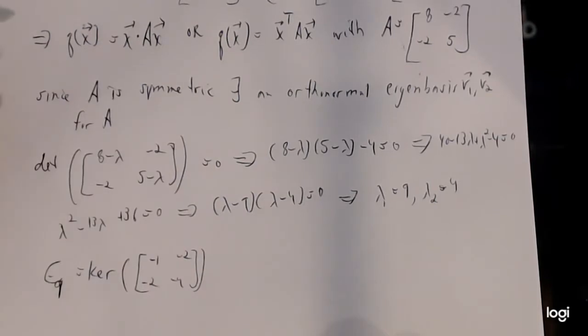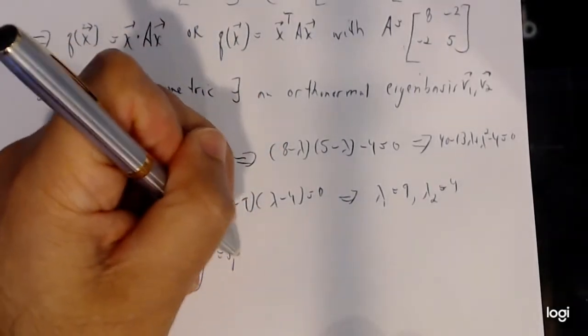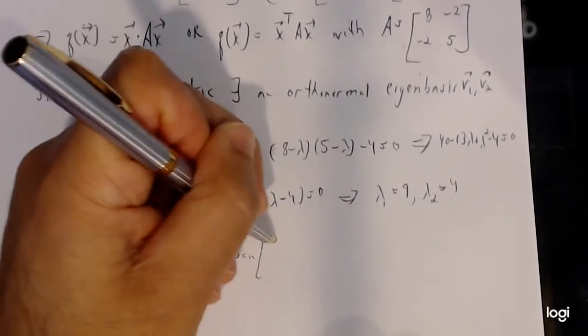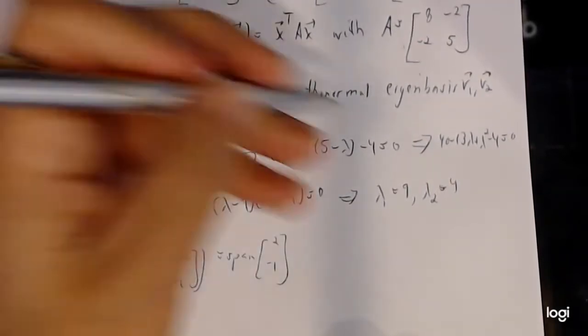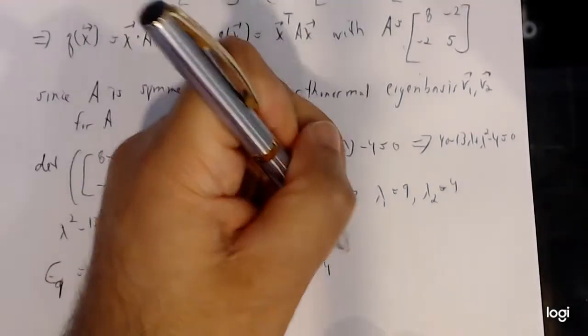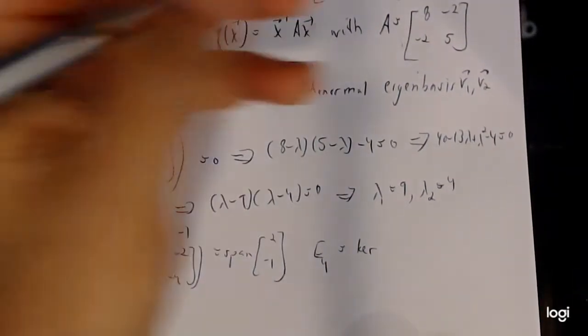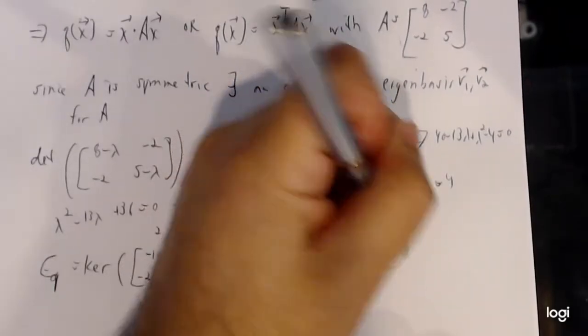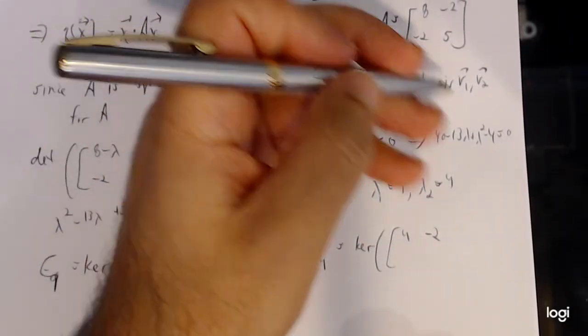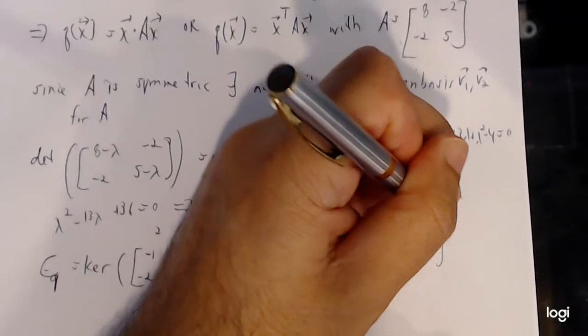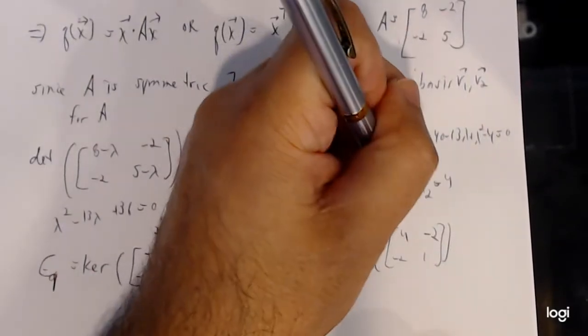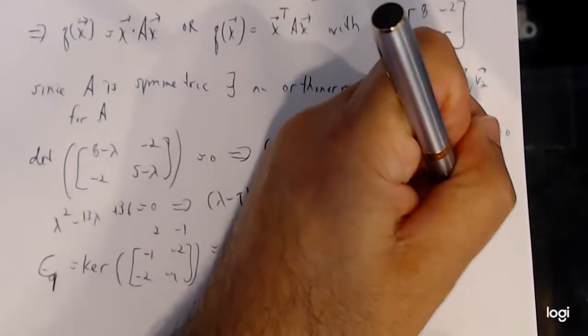And we could see that this is what? 2, negative 1. So that's the span of 2, negative 1. And then E sub 4 would give me the kernel of 4, negative 2, negative 2, 1, which is what? 1, 2. So that becomes the span